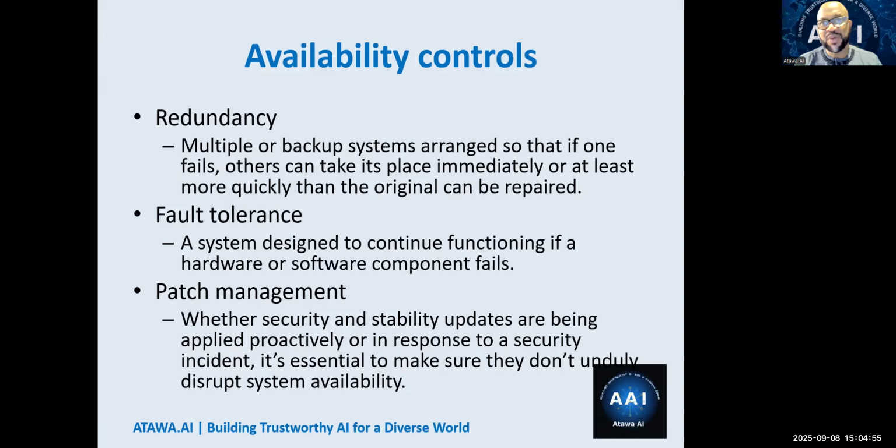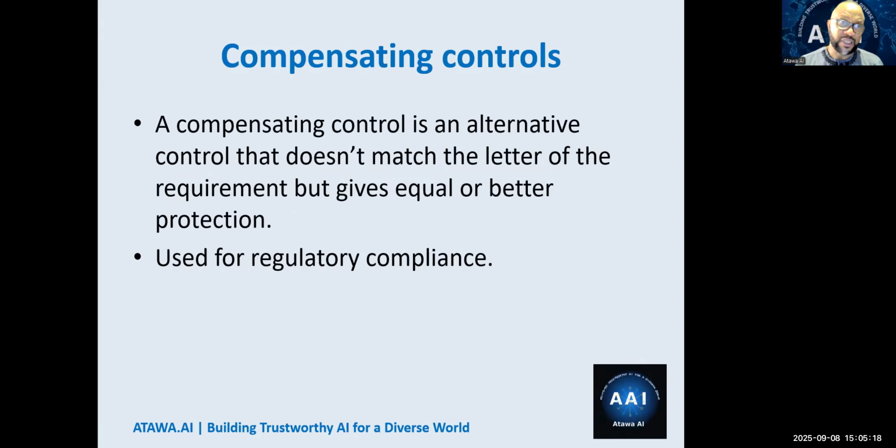And then patch management. I always make an analogy: I have a shirt on now, and there's a hole in my shirt. I want to patch the hole in my shirt, right? How do I patch the hole in my shirt? I patch it by basically stitching it. So patch management in terms of software security means I am going to implement the recent updates that were released by the manufacturer, right? We'll cover those in more detail in a minute.